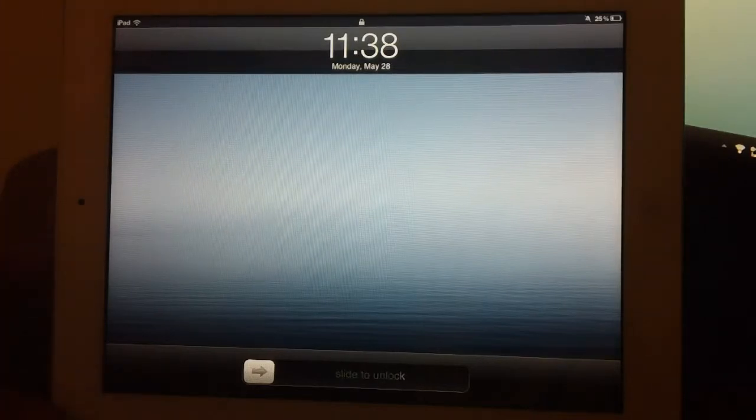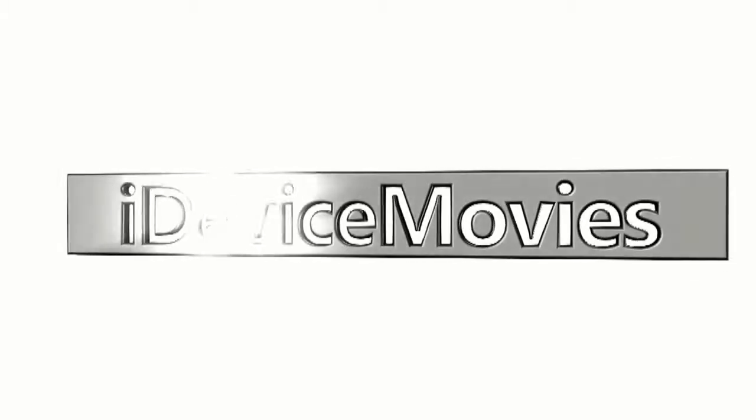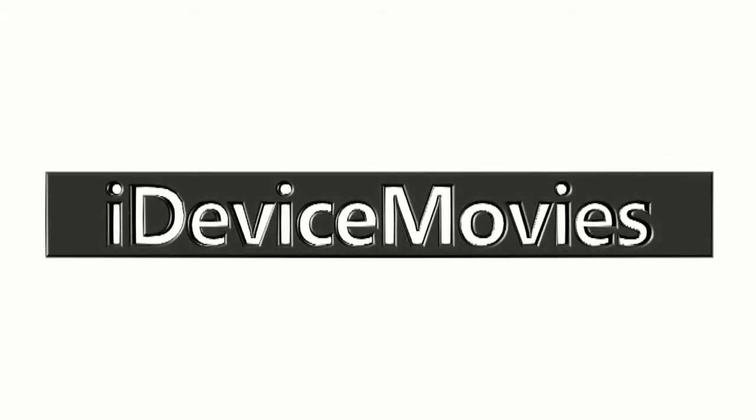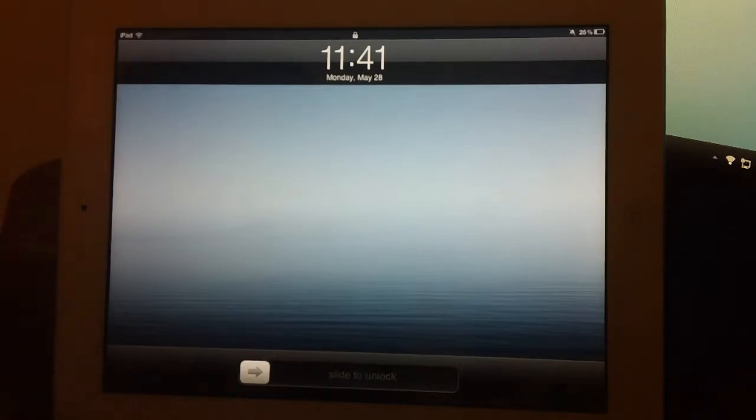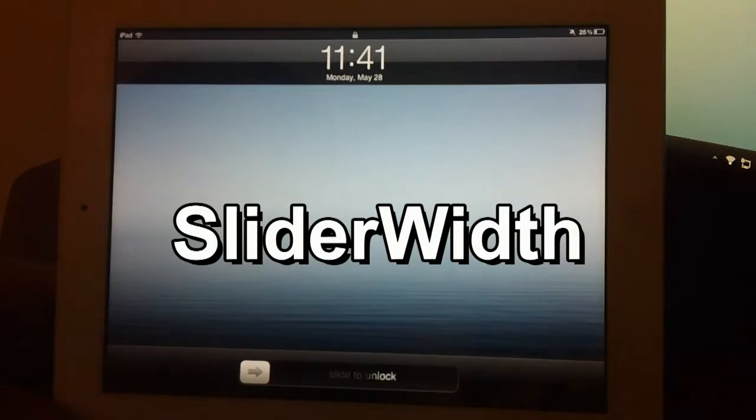In this video I'm going to be showing you the 10 best tweaks that you can get for your iPad. Now, a majority of these tweaks are paid, but in my opinion, these are all the best tweaks you can have. So let's just jump into this, and coming in at number 10 is called Slider Width,